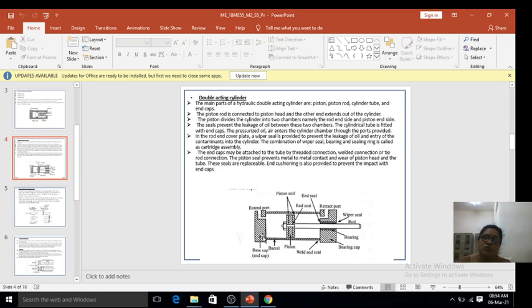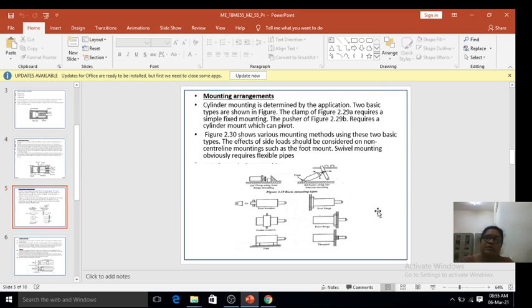When the piston moves from cap end to rod end, extension takes place. When the piston moves from rod end to cap end, retraction takes place. Initially the piston will be in the retracted mode. The main parts of the double acting cylinder are as I have explained. Here the pressurized oil or air enters the cylinder chamber through the ports provided, that is inlet port and outlet port. So the working principle is as I have explained.